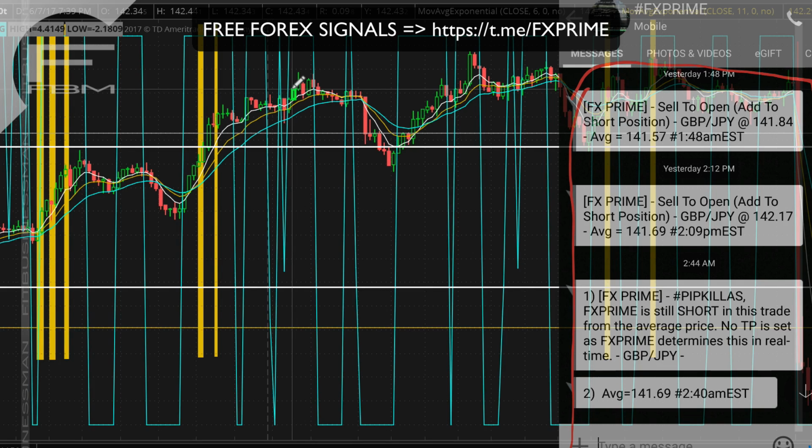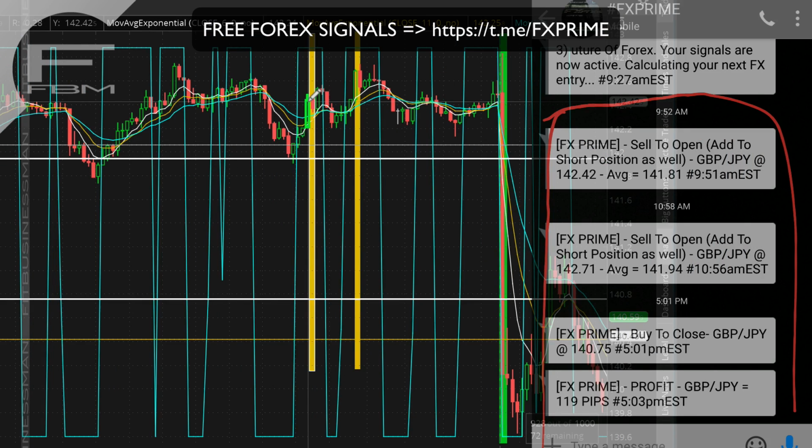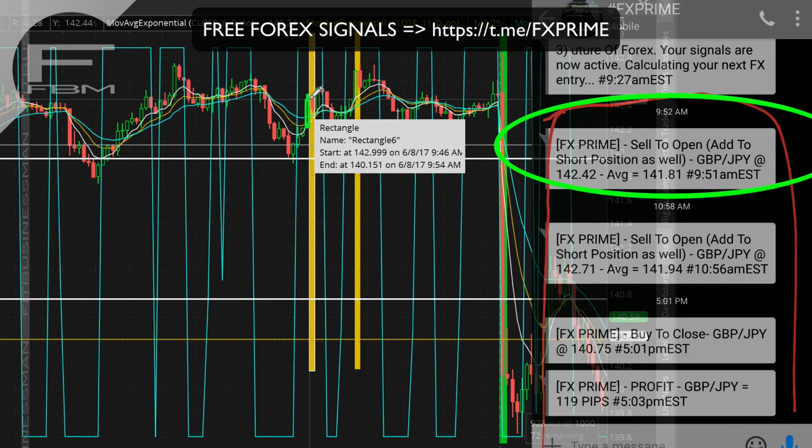You have to be making positions and determining entry points and exit points based upon what is actually going to happen, not what is happening right now. So our next short position came in at 9:51 a.m., and that was another short at 142.42 is the price right here. So another short position was established here, and so we keep averaging into this short, and people are wondering, well,